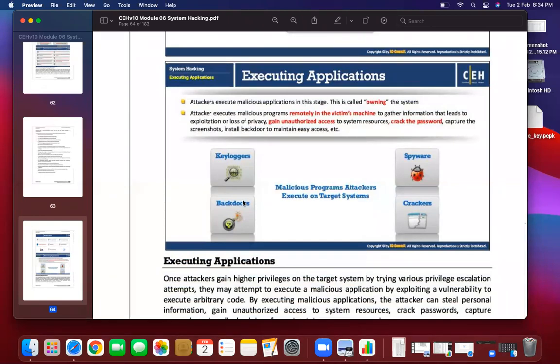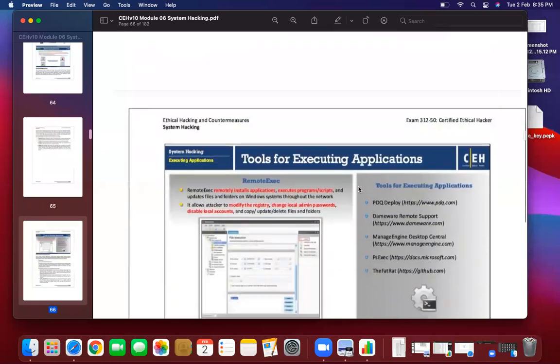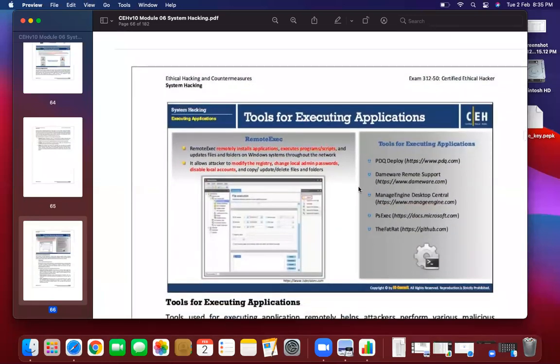Spyware is a tool used to do spy operations on a particular system, just like a spy in the movies. Spyware is the third one. And crackers are also scripts used for cracking a particular application and then using it for illegal purposes.